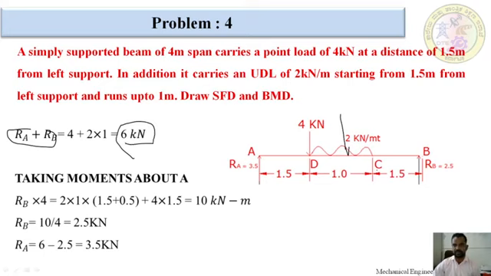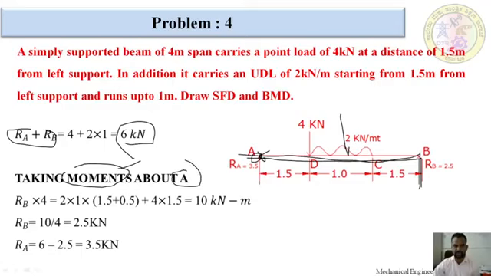For calculation of any one reaction, we have to take moment at point A. For that reason, RA into distance is 0, since the distance is 0. Only we have to calculate the RB value. RB into this distance. The word moment is the definition of force into distance. For that reason, we are going to start with force into distance. This is the upward force. Why are we taking moment about point A?